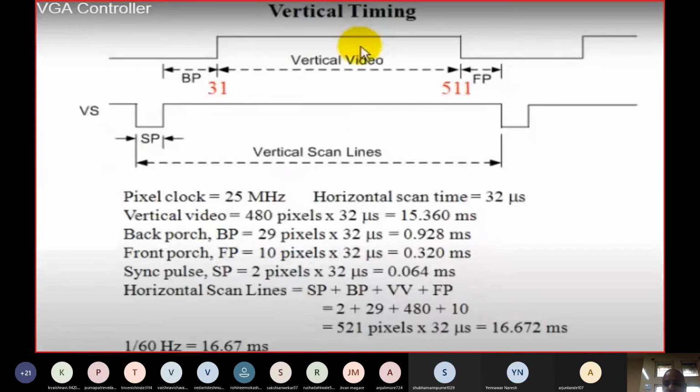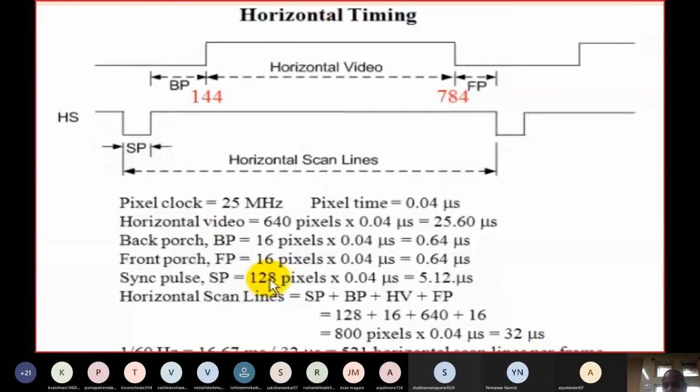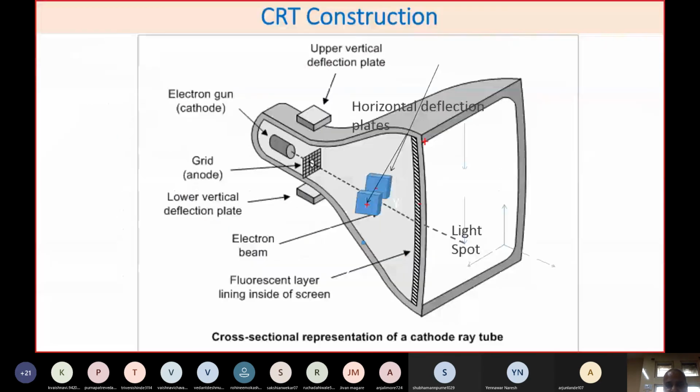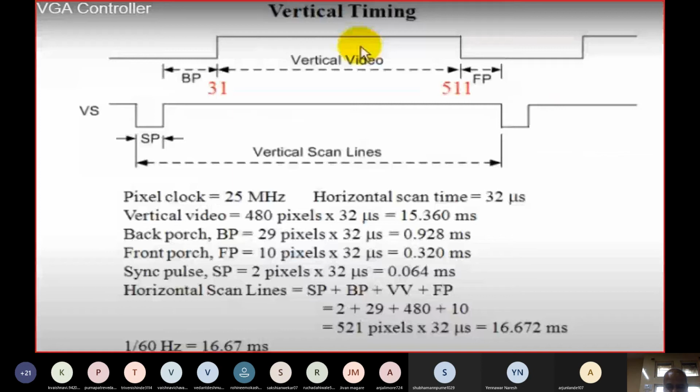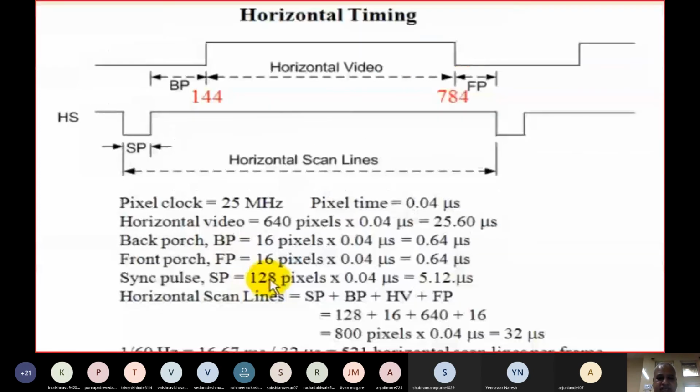So here what you need to understand is what horizontal is. There is one lower portion that is cutting down. Actually it is giving you how many active lines you require. Out of 625 lines, you require hardly 521 lines, so only 521 lines are active. That is why if you calculate the time, it will be perfectly taken care of: the horizontal oscillator frequency and vertical oscillator frequency.